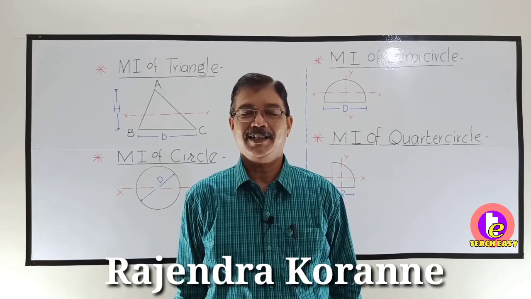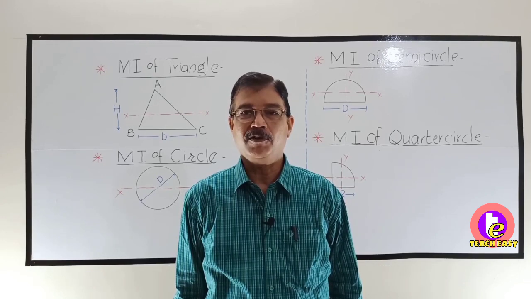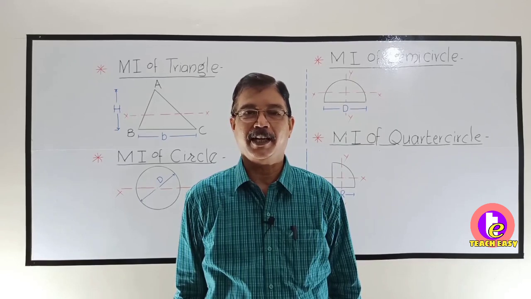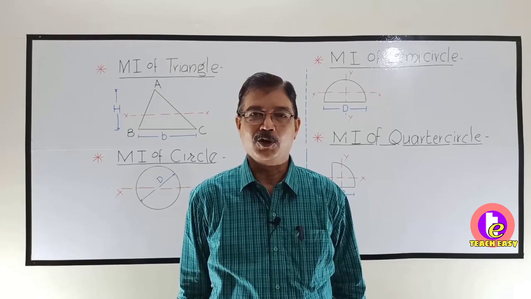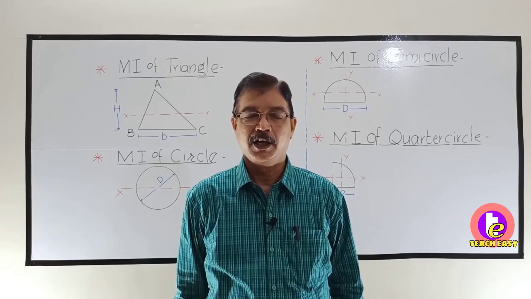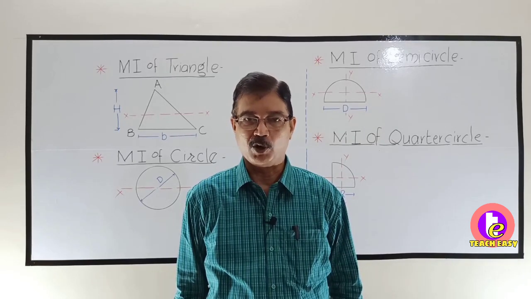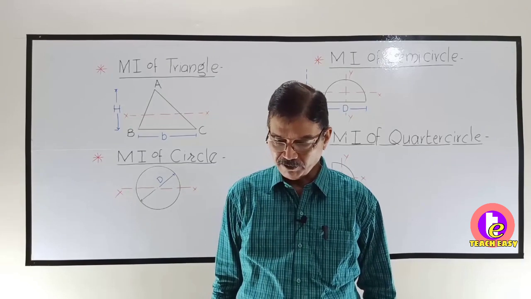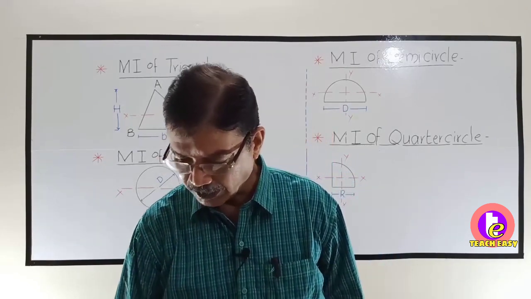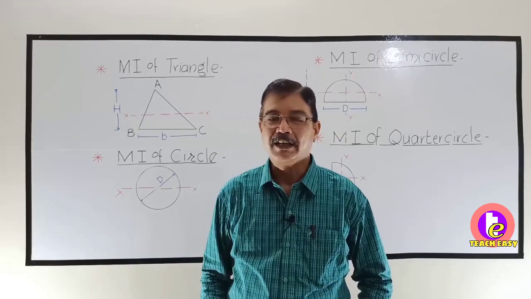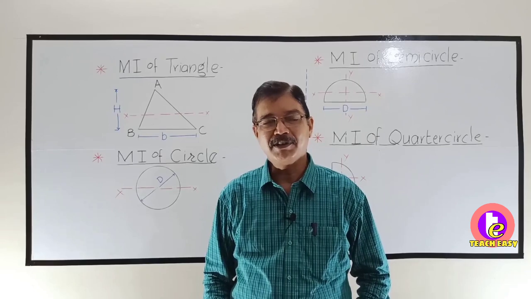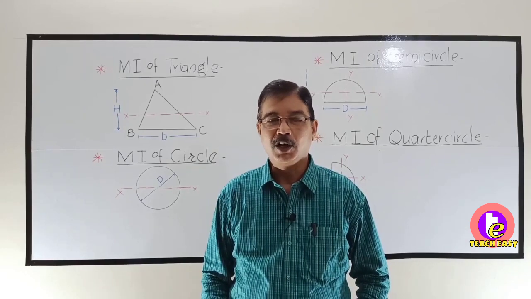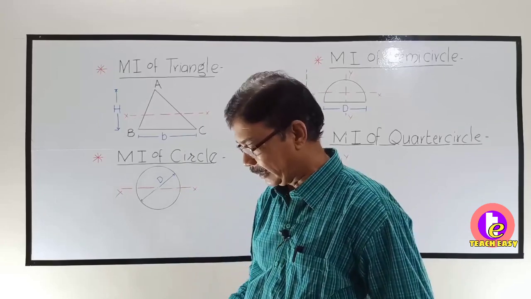In the previous lecture, we obtained the formula for finding out the moment of inertia of a rectangle about horizontal and vertical centroidal axis. Similarly, we find out the moment of inertia of a square about horizontal axis, vertical axis and about the diagonal. Now in this lecture, we will see what are the expressions for moment of inertia for other standard geometrical figures. This time we will not derive it, I will directly tell you one thing we have derived, that is for rectangle.